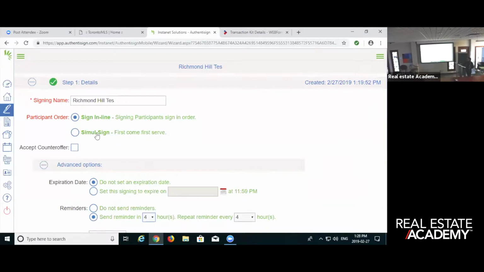So once you put your name, the name of the package, the property address, that's fine. You add what your participants are going to be signing. Will they be signing first come, first served, or will you be giving them an order based on how you will be putting them in? Then you have these advanced options, which bring you down to set an expiration date. If there is a need to do so, you would. Again, do not set one as a standard. Reminders. Are you going to send a reminder for a client that won't be able to sign it at the moment